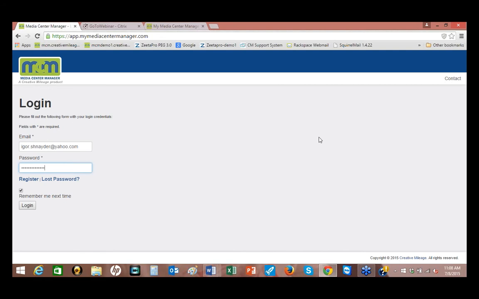You can access MCM in three ways, either as a member of the center, as a staff person, or as a super administrator. The difference between a super admin and a staff person is that a staff person can't manage another staff person's account. A super admin has full access to everything. I'm going to go ahead and log in as a super admin, but before I do,